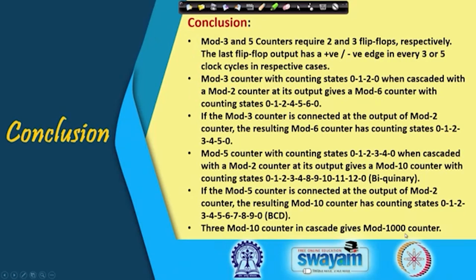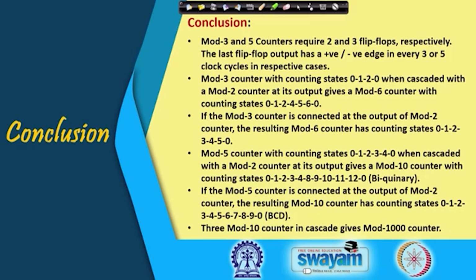Mod 3 and mod 5 counters we have seen require 2 and 3 flip flops, and the way we have designed them is 0, 1, 2, 0 for the mod 3 counter. When we cascade it, depending on whether mod 3 is before mod 2 or mod 2 is before mod 3, we can get 0, 1, 2, 4, 5, 6, 0 or 0, 1, 2, 3, 4, 5, 0. Similarly, for the mod 5 counter, we have the counting states 0, 1, 2, 3, 4 in the circuit that we have seen,